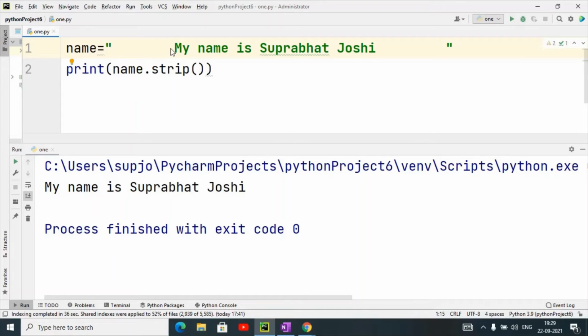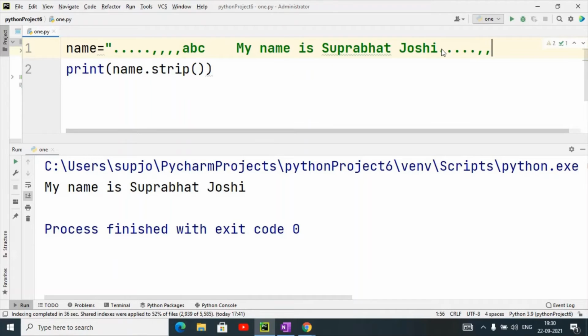Okay, and it works also like that. Suppose I have given dot dot dot dot dot, comma comma comma, and then blank spaces, and after that I have written ABC, and after that also I have given dot dot dot dot dot, comma comma comma, and then ABC, then blank spaces.